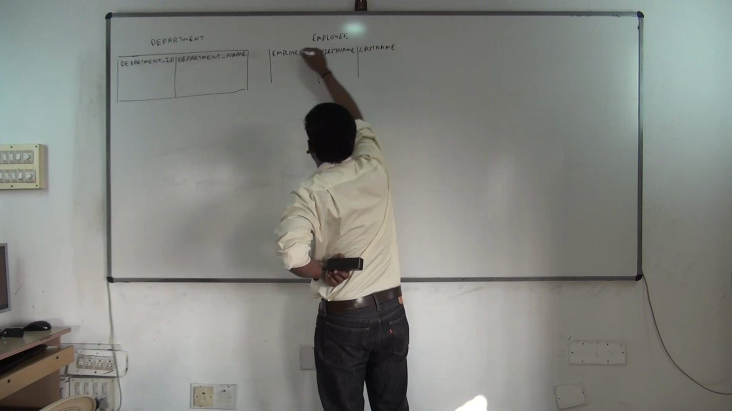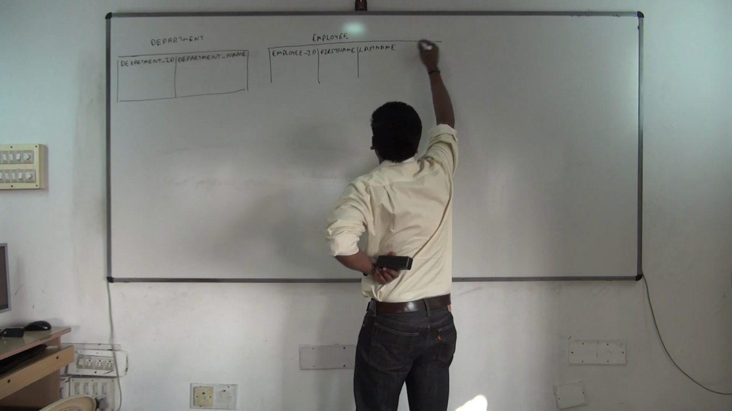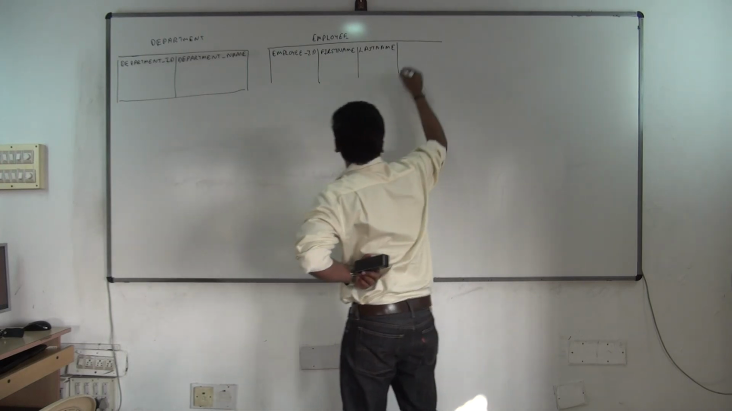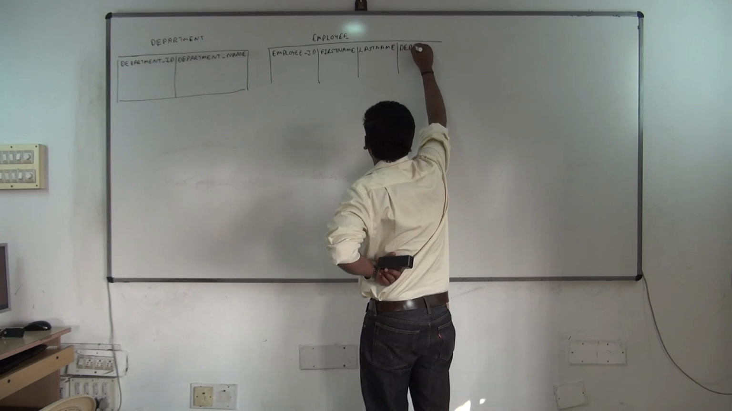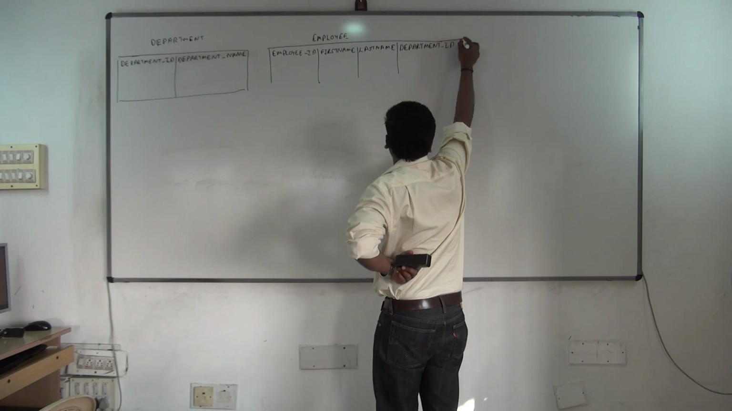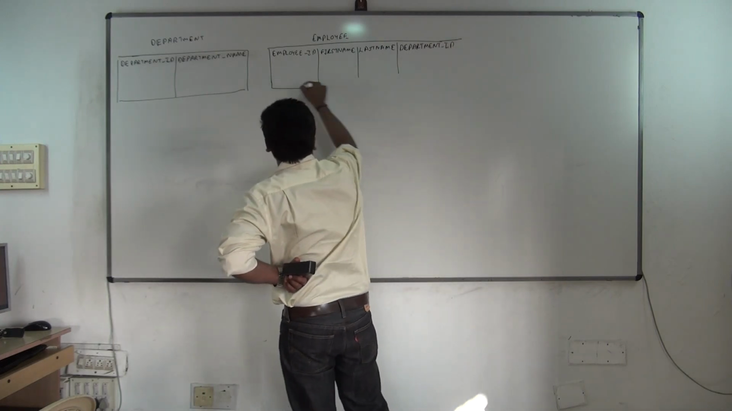last name. Okay, but the employee belongs to one particular department, no? Understood? So which department he belongs to? So that is why you'll have one more column called department ID. So you'll create 2 tables like this first. Once you create 2 tables,